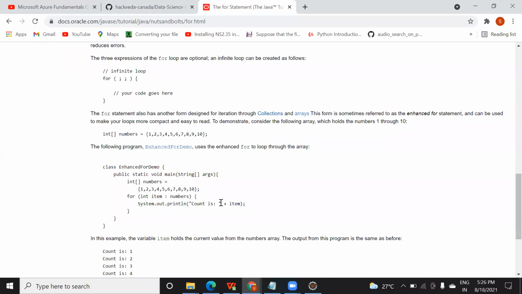Okay. Can we print from the middle using this enhanced for loop? Yeah, you can just put the condition here. If item is greater than this, then you are going to print that. Inside this for loop, you just write down the condition: if item greater than 3, then take the curly braces, and in that curly brace you write down system out print.